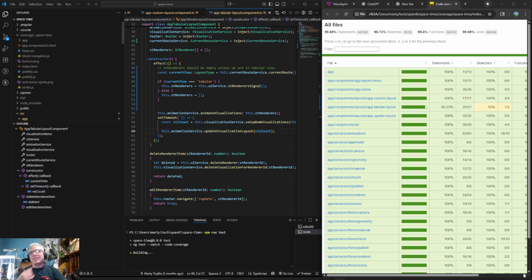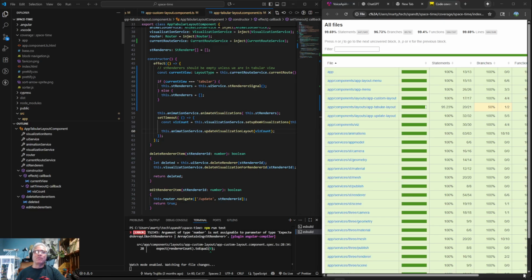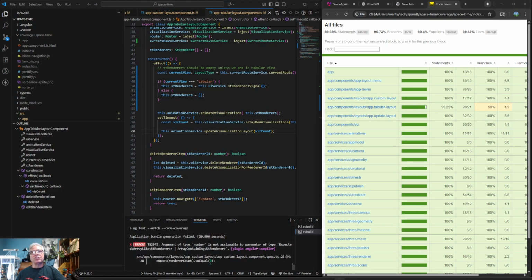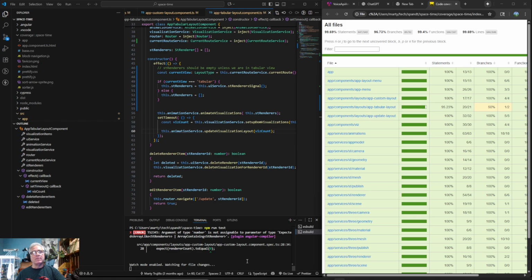So I'm working on unit tests. Unit tests are working out really well for me. I've always had a sort of, I don't know, I wasn't sure what I thought of unit tests. And then